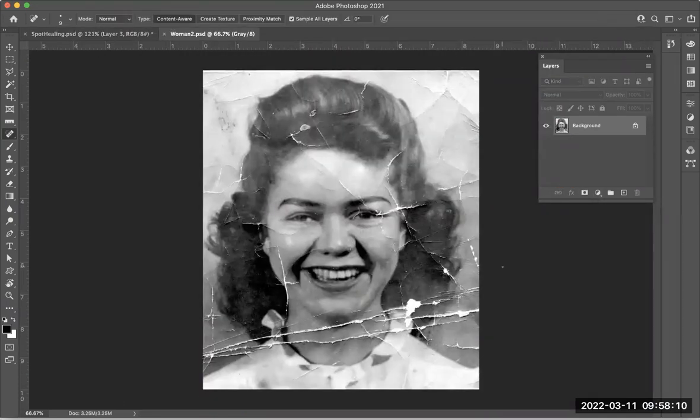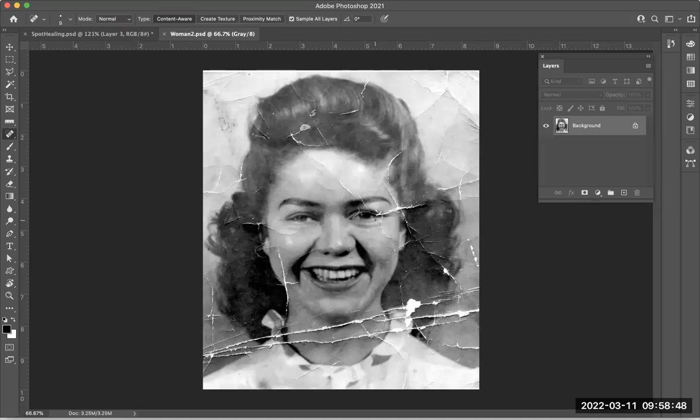Okay, so on this one, you can see that there are some scratches, not a lot of blemishes, but more scratches and tears on this image that you have to fix. The background is a little torn and bent. A little bit of a piece here at the top is missing, a little bit in her hair, but this is more just like scratches and tears that you have to fix. Her one eye is a little damaged. But that shouldn't be too hard to fix using a combination of the 3 tools